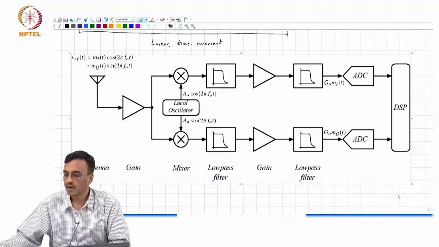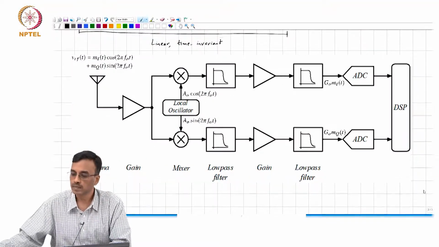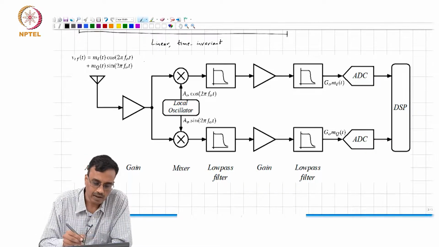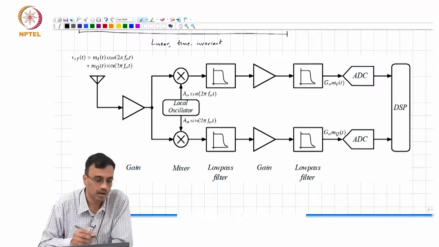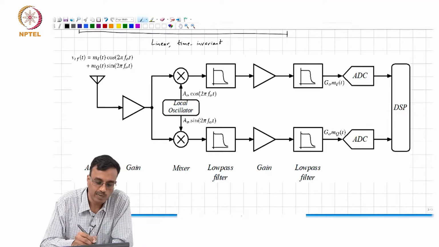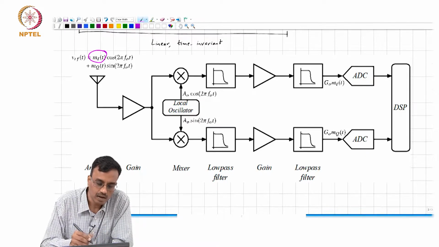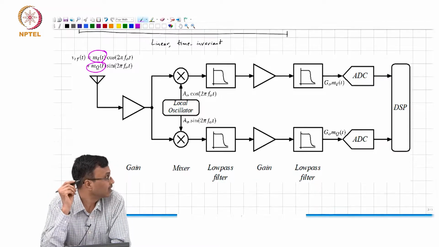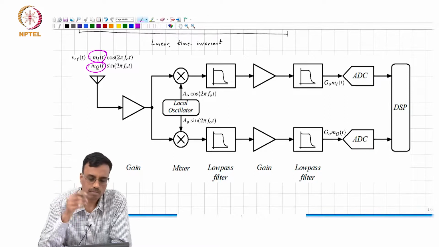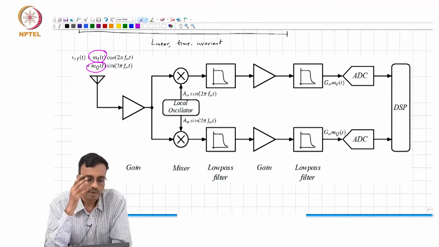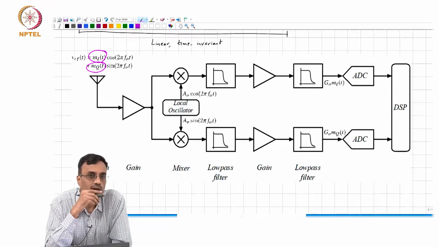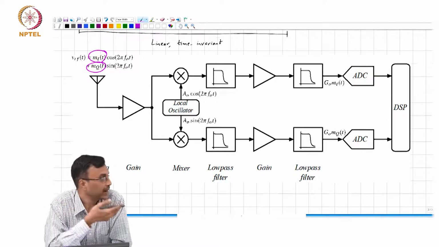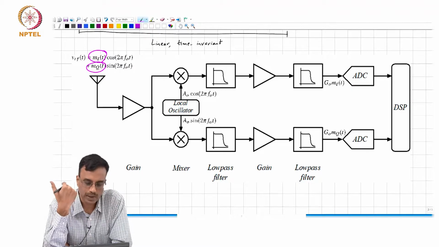So, this is an example of a modern radio receiver. This is the RF signal, and the RF signal has signals modulated on both the sine and the cosine carriers. In other words, this makes the spectrum asymmetric about what frequency? About f naught. The idea behind this is to be able to efficiently use spectrum.